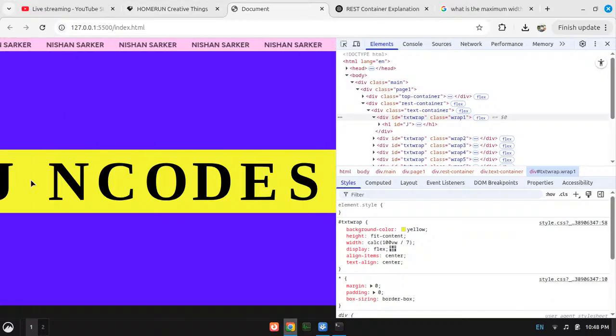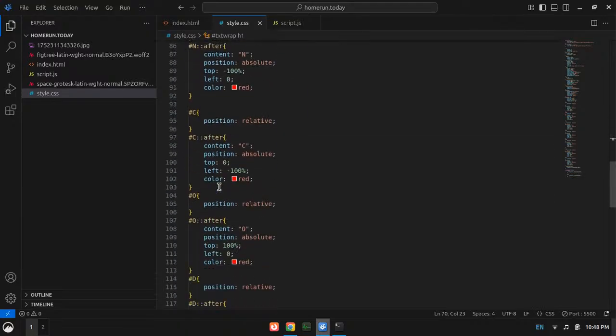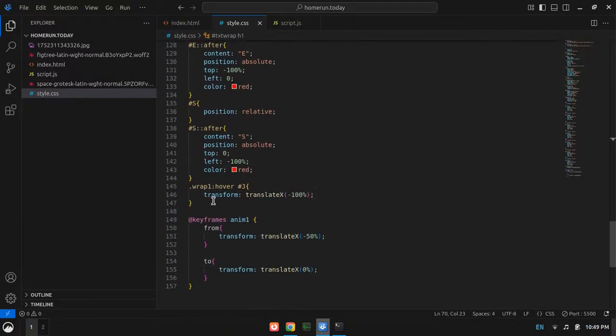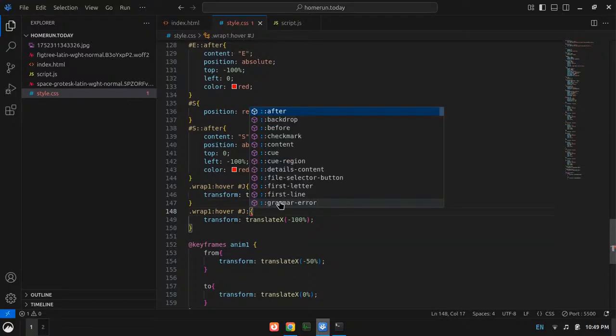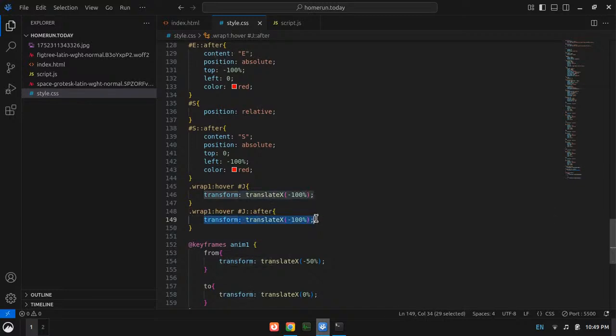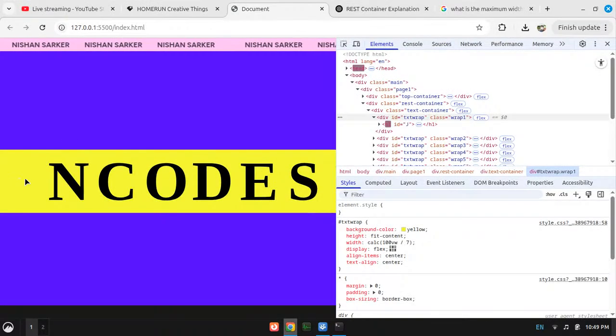Now I need to add these hovers to all of the wrappers, and also I want another thing, which is, I don't know if it's gonna work, but I will see if it works. What is happening right now?